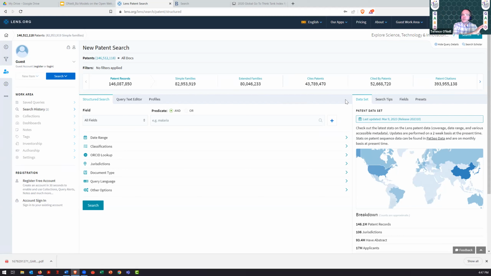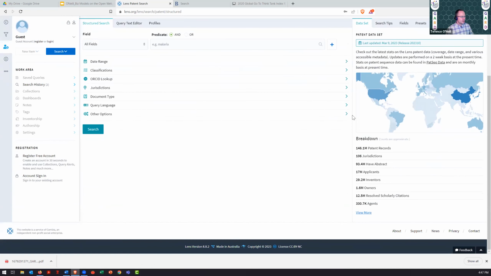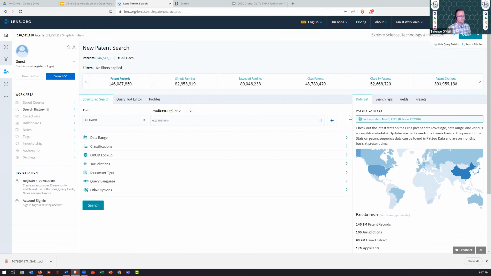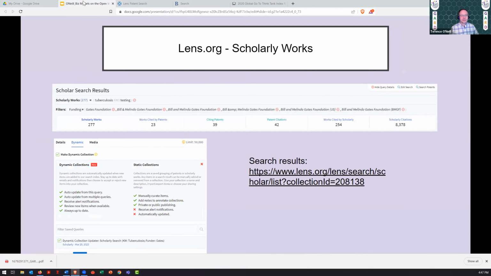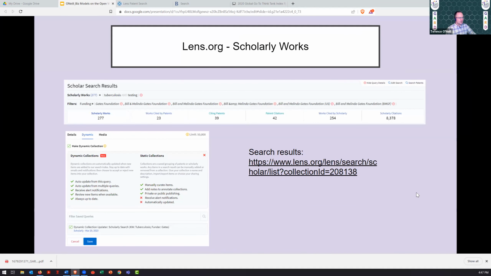Or if there's activity with that current patent, who's citing it, and getting a regular report based on that. So again, lens.org, I think it's worth being aware of and potentially using if it fits your needs. So that's lens.org, a great way to set up alerts and stay abreast of what's happening in